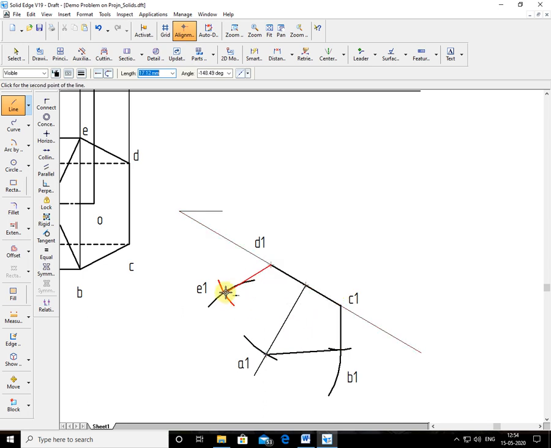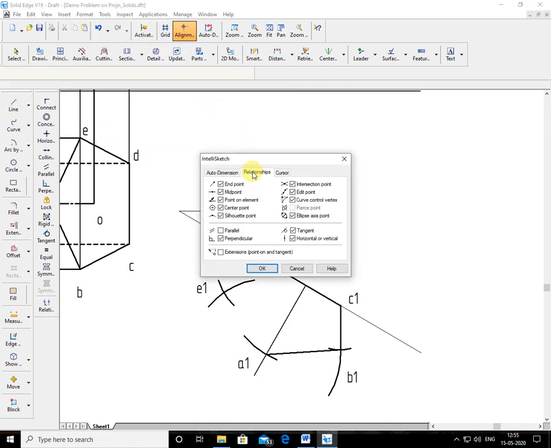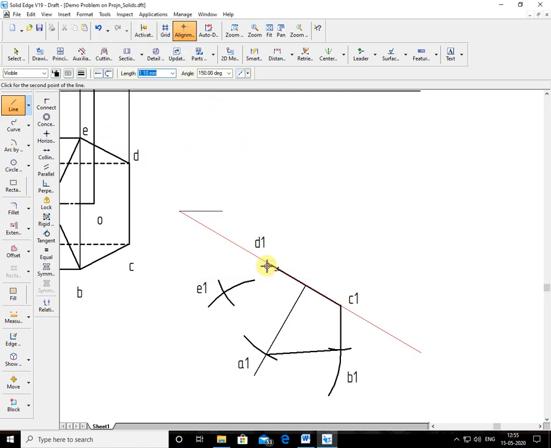Taking midpoint, you should not take midpoint. See, it's showing midpoint here. See, arc is almost half of the... That's why in this condition you have to make it copy point midpoint off. Then it will select intersection. Then you join this end point. So this is pentagon you draw.